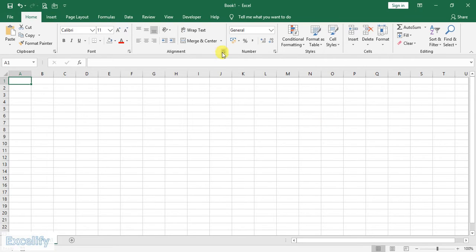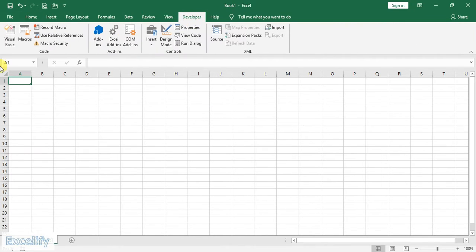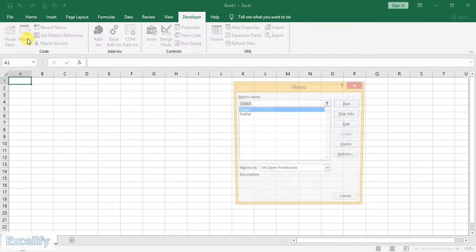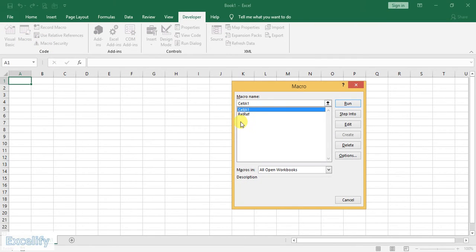So we have to open the Visual Basic editor or Visual Basic for Applications to edit the macro. You can go to the Developer tab and you see an icon here, Visual Basic, you can open Visual Basic through that, or you can see a shortcut key available here, Alt F11. You can click Alt F11 and then open the Visual Basic editor. Or since we need to edit an already recorded macro, you can go to macros, select the macro which you want to edit and press the edit button here.